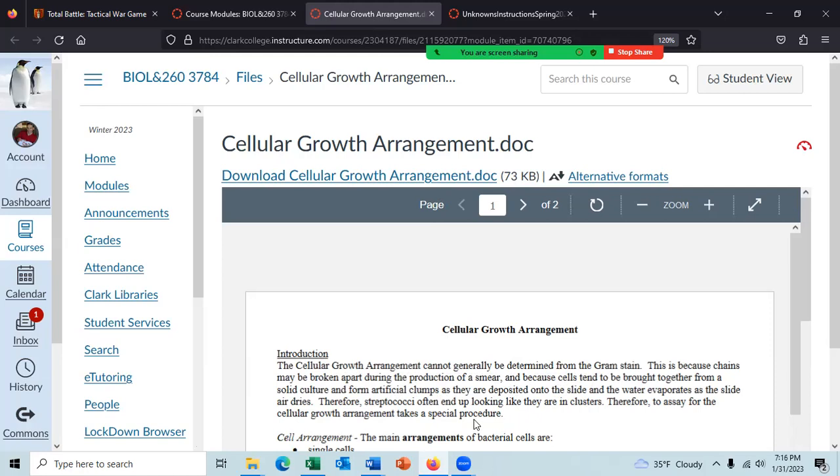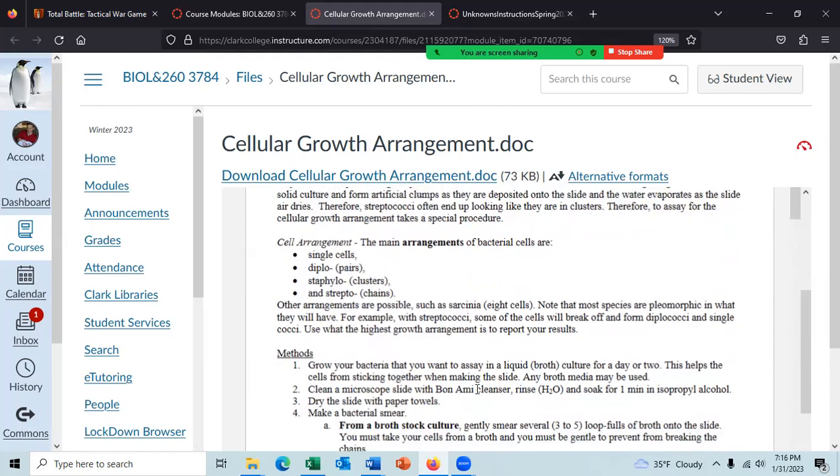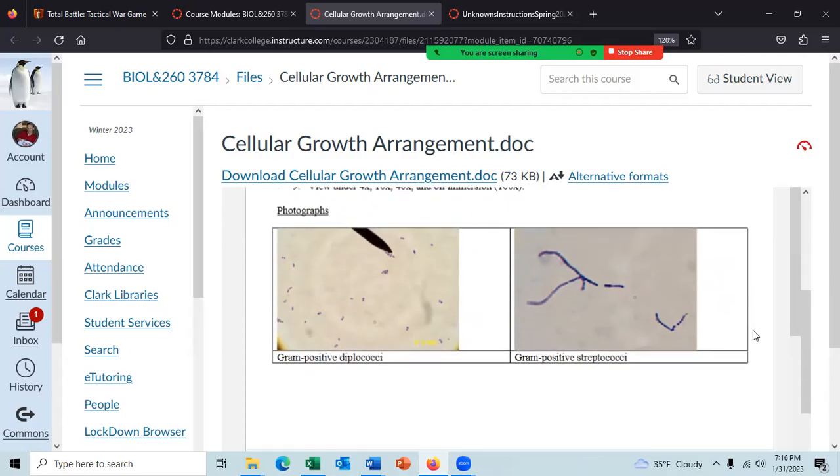To assay for this, you take a special procedure: grow your bacteria in a liquid culture, and then take a loop of the liquid culture, put it on a slide, and then very gently stain the cells. Okay? So that you don't disturb the cellular growth arrangement. And then you look at the cells.